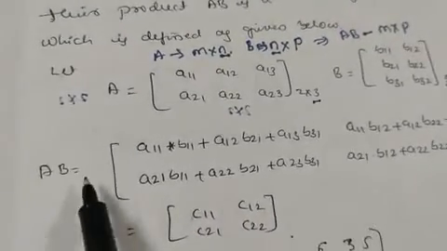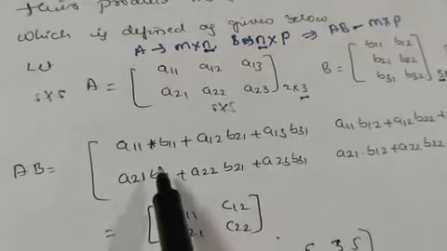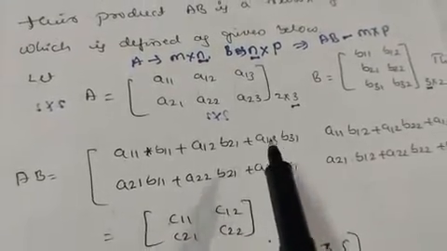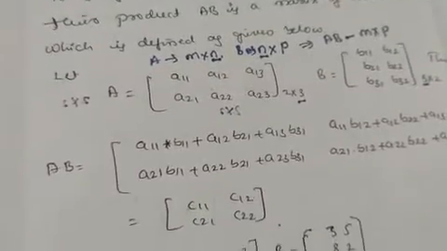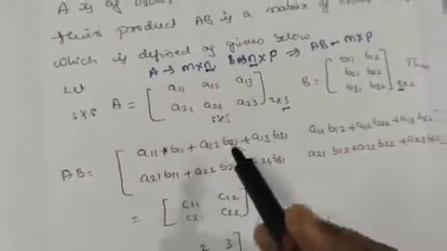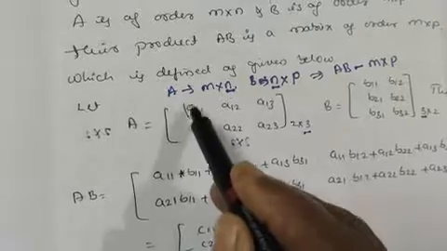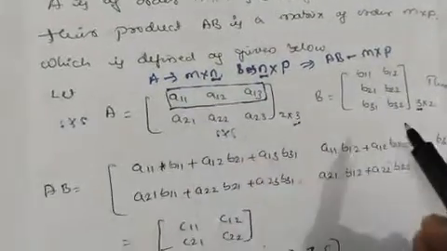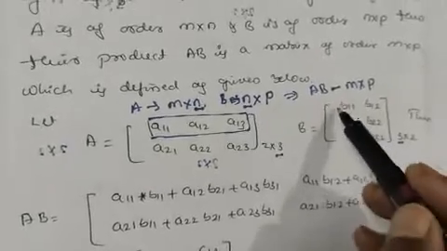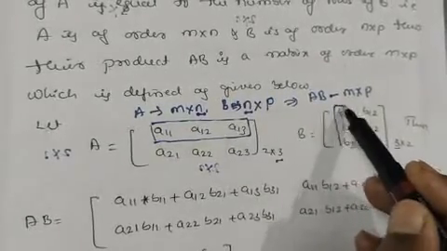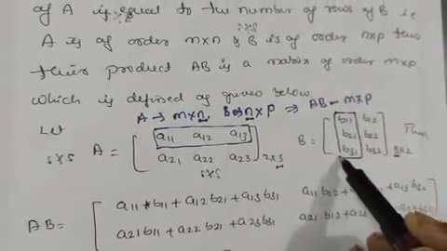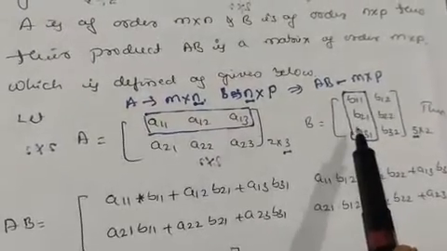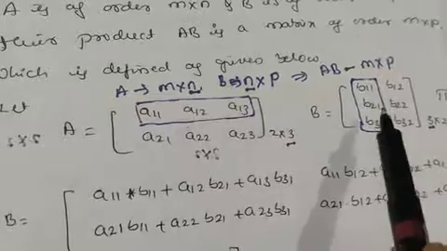So now A into B is equal to what? How do we have to multiply these two matrices? This is very important, and it is a little bit confusing also. What you have to do is, first you have to take this matrix, this row. Then you have to multiply it with the column. This is the first point. First row, first column. Understood? First row and first column.